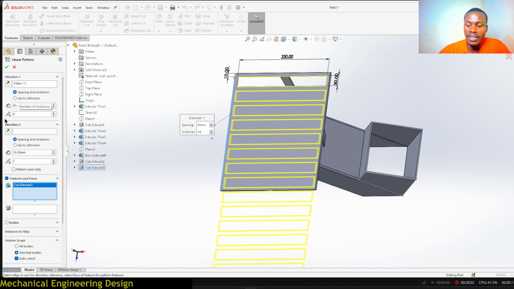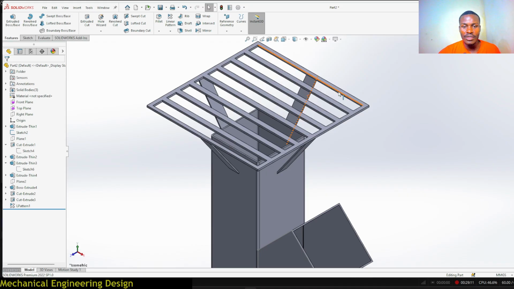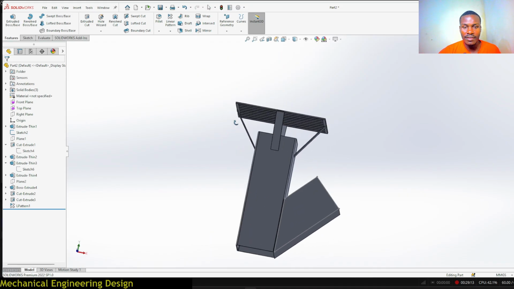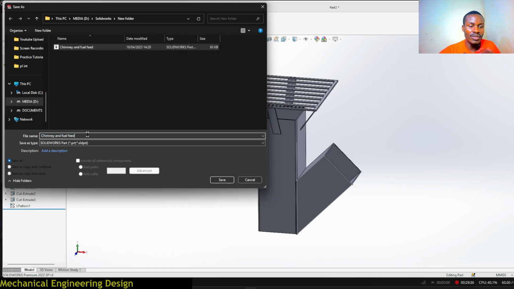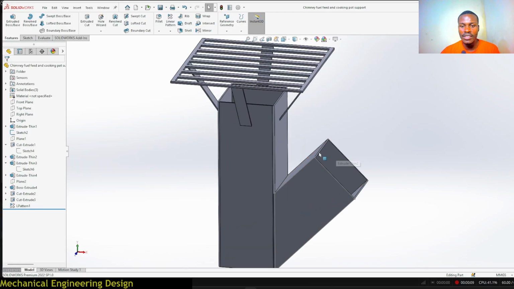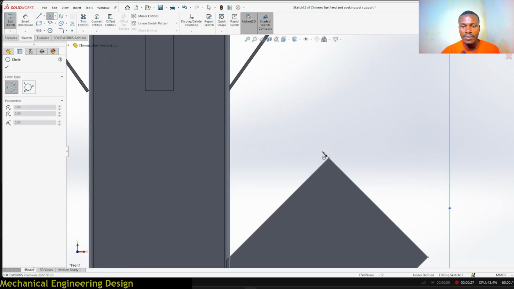patterns 8. Okay, now see what we have. Very smart. So this one is chimney, fuel feed, and cooking pot support. Now we need to sketch the lead support, front plane, sketch, pick circle,